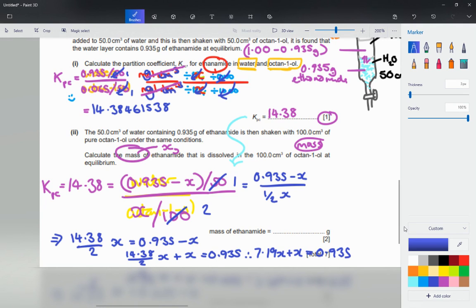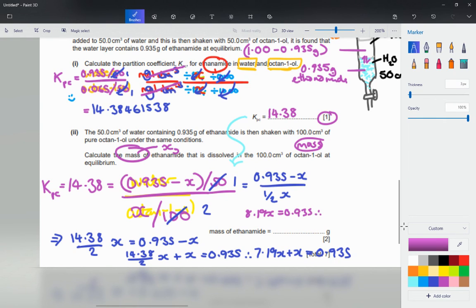So 7.19x plus x is 8.19x. So therefore, 8.19x equals